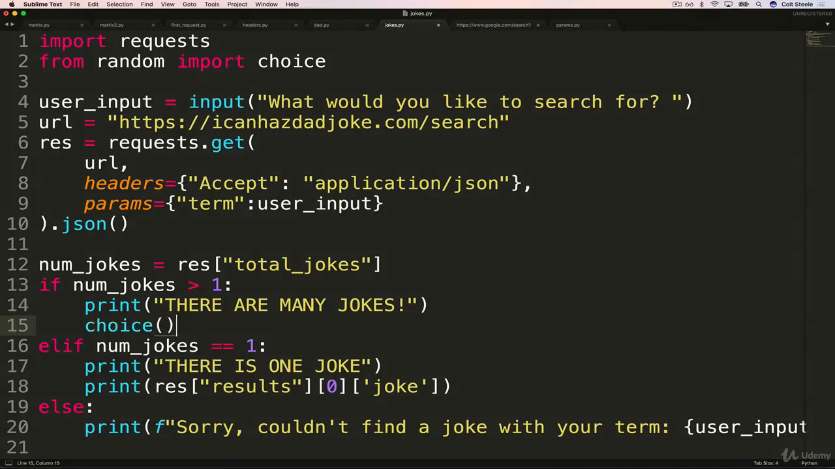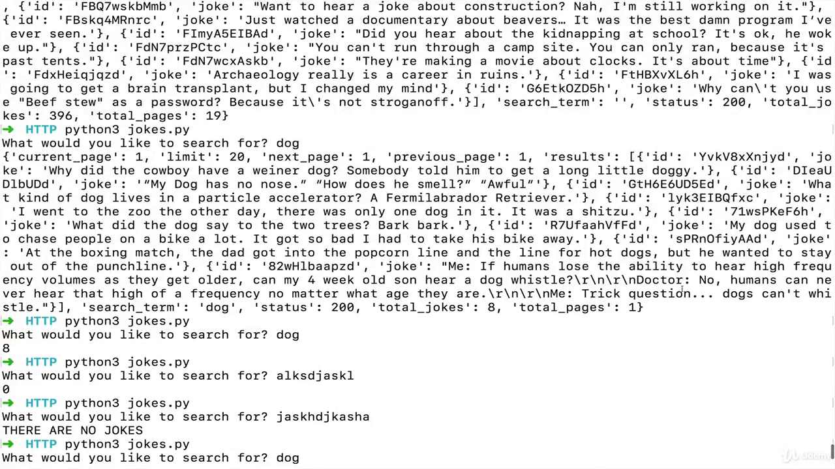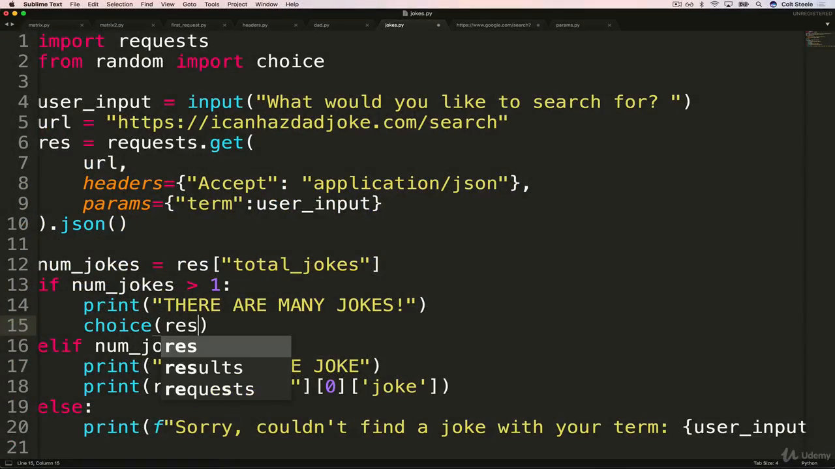What am I going to pick? When there are many results, they're inside of results, and this itself is a list. So I just want to pick one item at random from that list. For example, here, results goes all the way down to here. Pick one thing. So I just specified choice of res